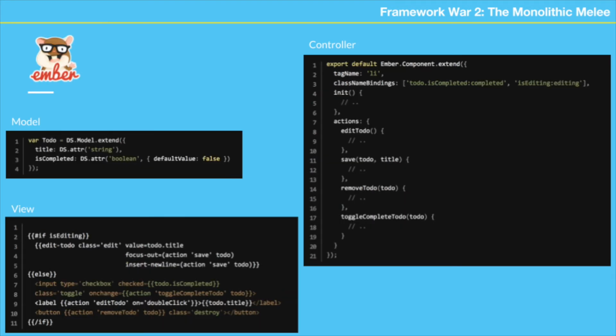So now let's talk about Ember. Ember by far is the closest to MVC. So you have a model, you have the view, and it actually uses handlebar.js to render out its views. It allows you to put JavaScript inside of your HTML. Then you have the controller. This actually looks really good. I don't have anything bad to say. I don't have any experience with Backbone or Ember. Angular I do. But from what I see, it's actually pretty good.